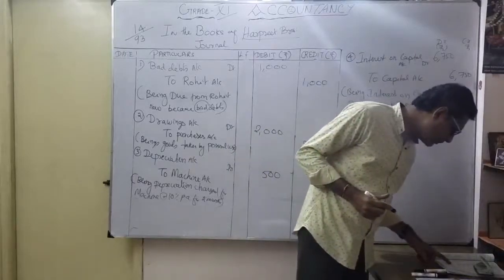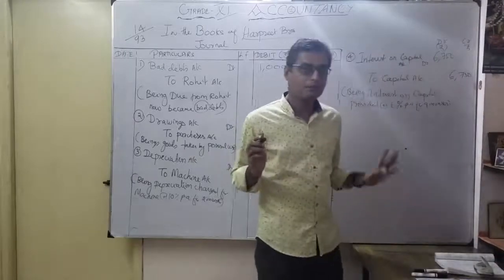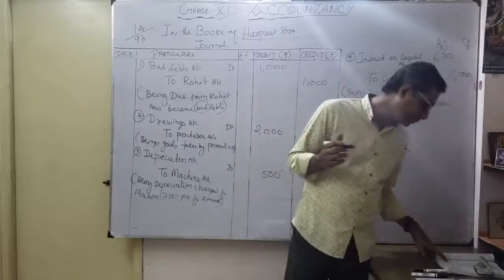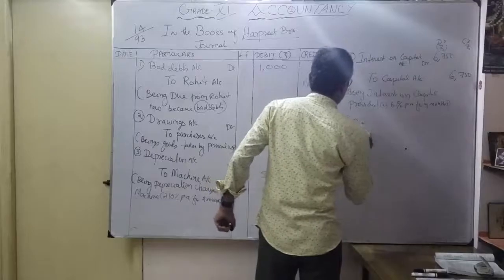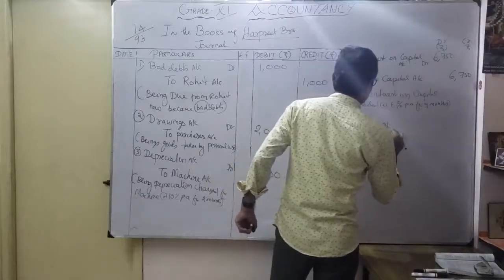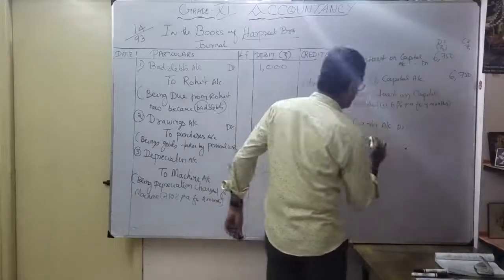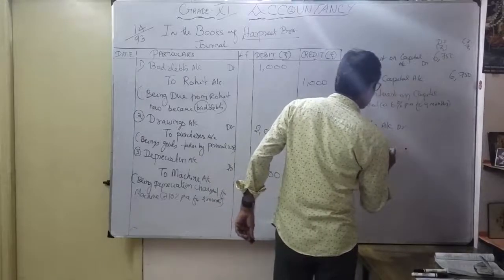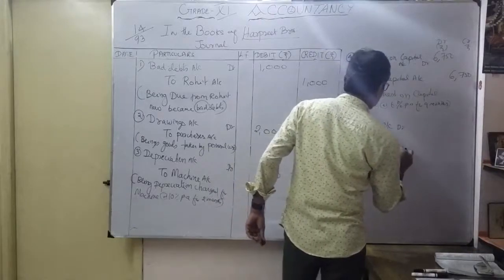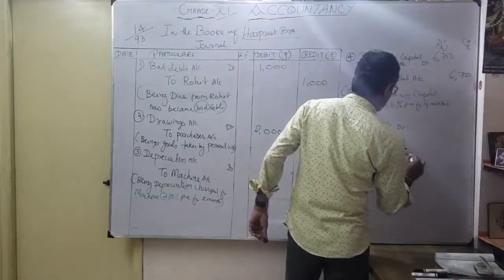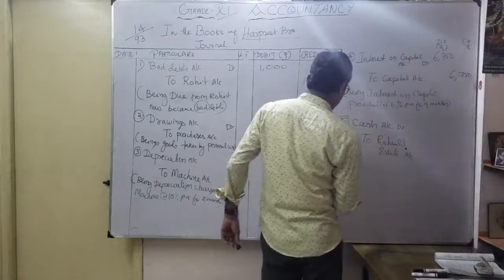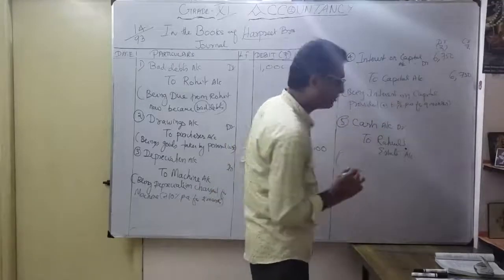See, Rahul became insolvent. 2,000. But how much does he have to pay? He is supposed to pay 60 paise in a rupee. So we get money. Naturally, what is the entry? Cash account debit. Now we don't know the value. To whom will we give? Rahul's estate account. Now we don't know the value, and here I am going to calculate it. Actually, how much does he have to pay?